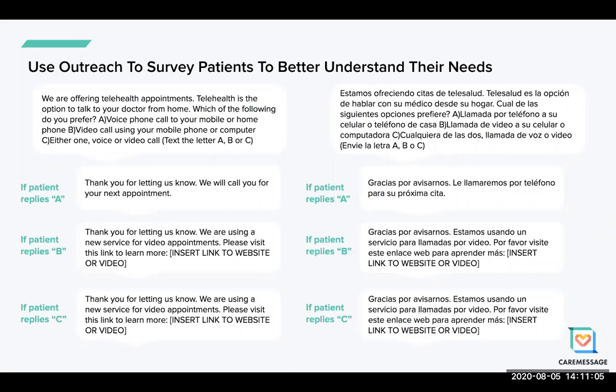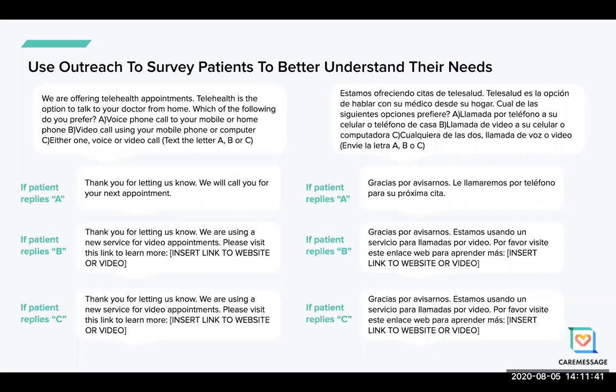We know that during this time, it's important to send relevant messages. It's also important to send messages such that you can collect bidirectional responses from your patients. Our telehealth example here, and this is one that our health center partners have sent, not only communicates to patients that your organization is now offering telehealth appointments, but asks what communication preference do you prefer? Or perhaps what technology do you have access to? And are you in an environment where you would be comfortable taking a telehealth visit, whether it's telephonic or video,